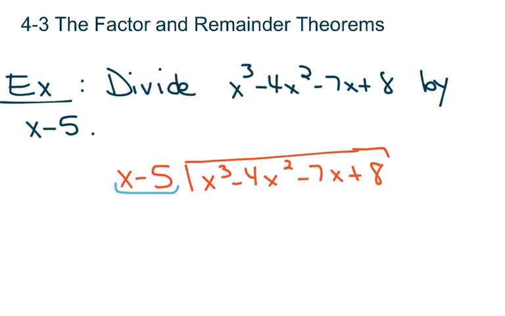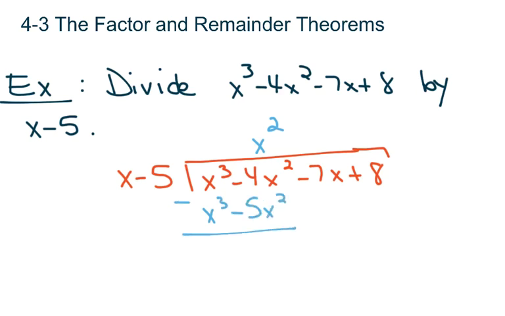There are two terms here, so we want to figure out how many times x minus 5 goes into the first two terms of the dividend, the x cubed minus 4x squared. All we had to do was figure out what we need to multiply x by to turn it into x cubed. Well, we have to multiply by x squared. And look where I wrote the x squared. I wrote it above the second term. Then you multiply x squared by the divisor, and you get x cubed minus 5x squared, and then we would